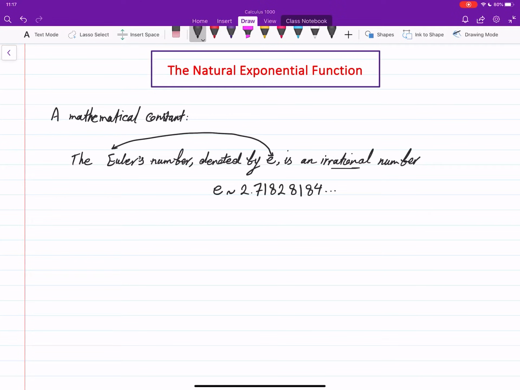Being irrational means that no one can give you finitely many digits and say this is the number